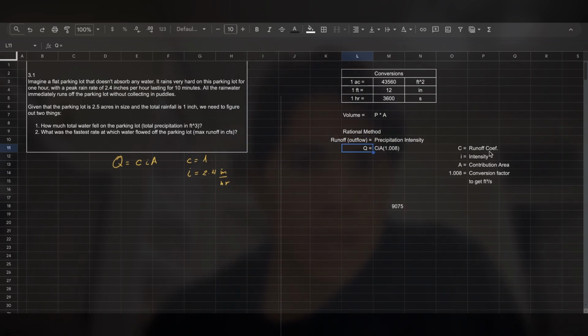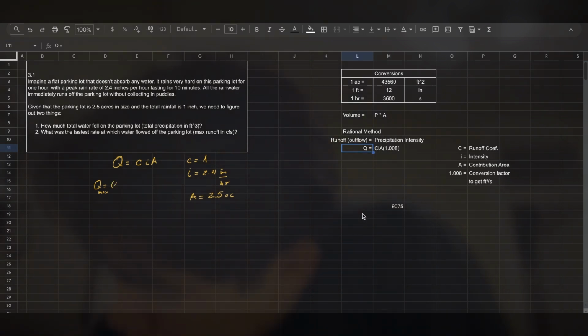We are also given that this intensity lasts 10 minutes, but we actually don't need that information. We don't need how long the maximum intensity lasted. And now the area is 2.5 acres. So plugging these values in to solve for Q, in our case Q max, will be 1